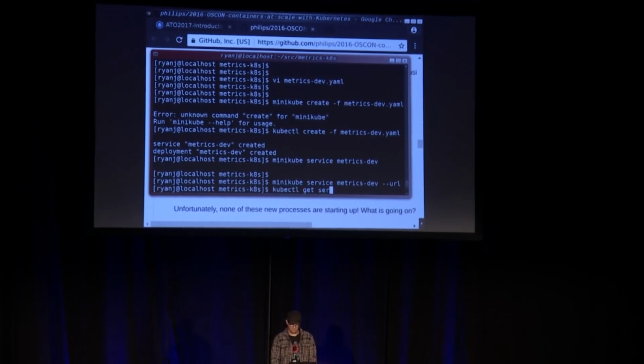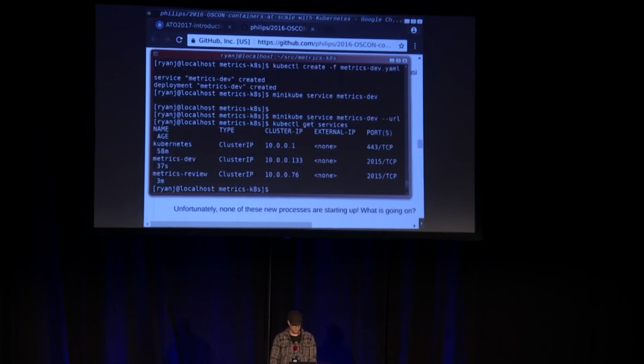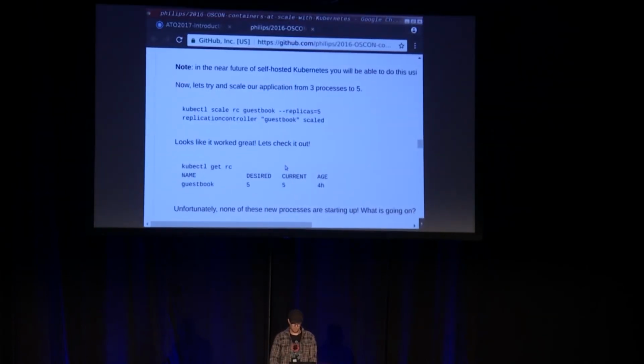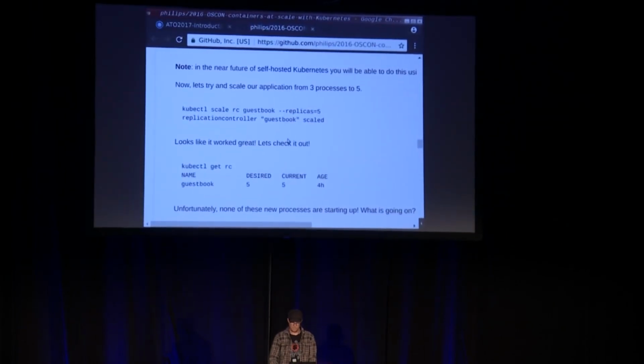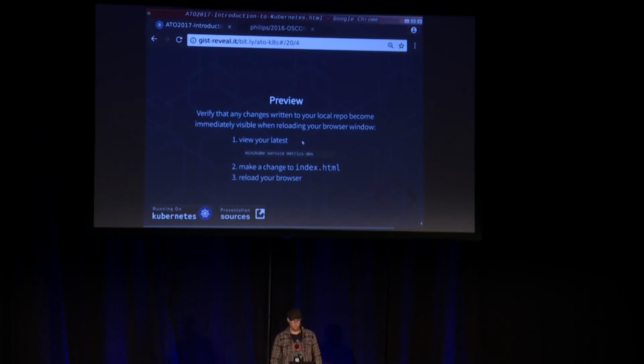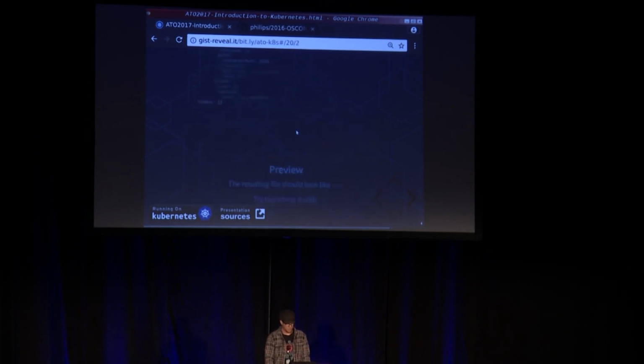kubectl get services. minikube service x. Well, I could expose. Yeah. Bummer. Well, I did something wrong. But basically the result is what you should have with the minikube service, and I'll double check these notes and figure out why